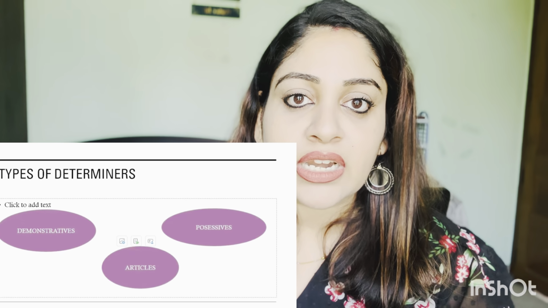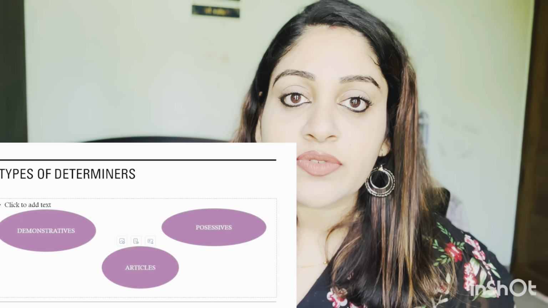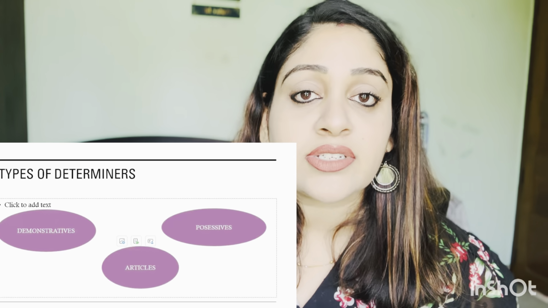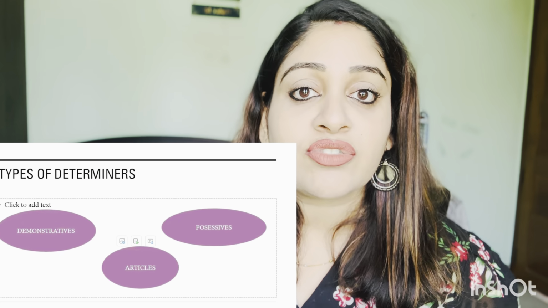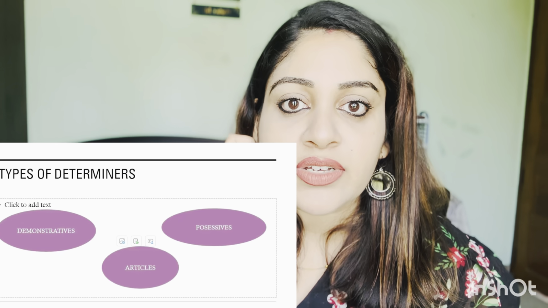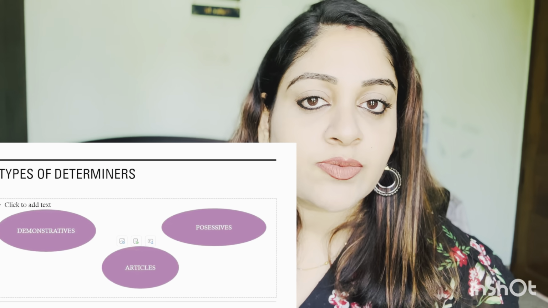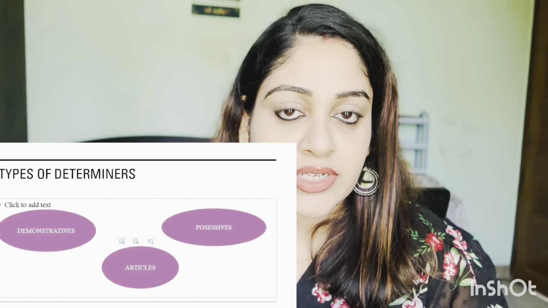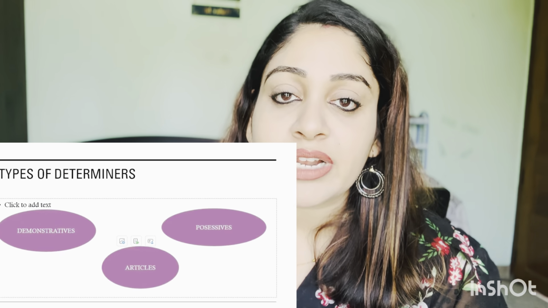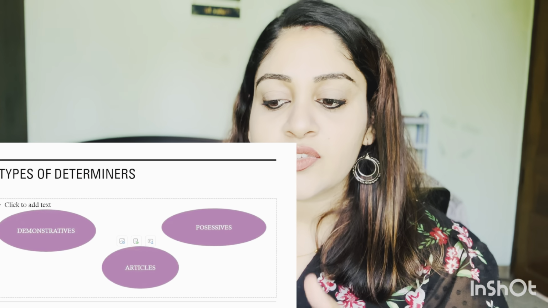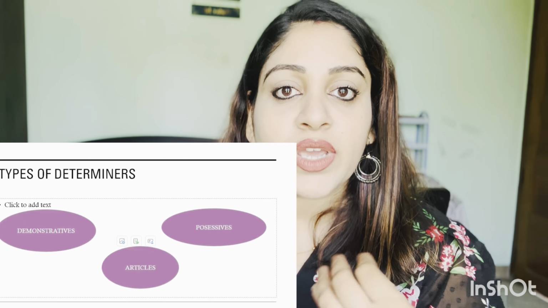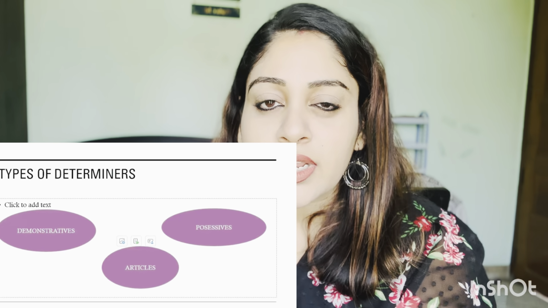English teachers already know that there are different types of determiners: demonstrative, article, possessive, ordinals, numerals, then quantifiers. All those are different types of determiners. We already know that. But remember, this is a primary class session. Since it is a primary class, we are introducing only just three